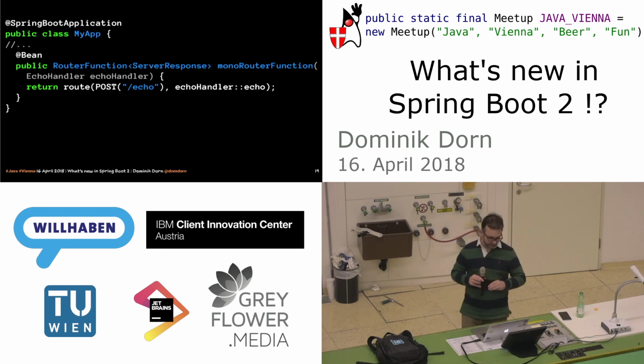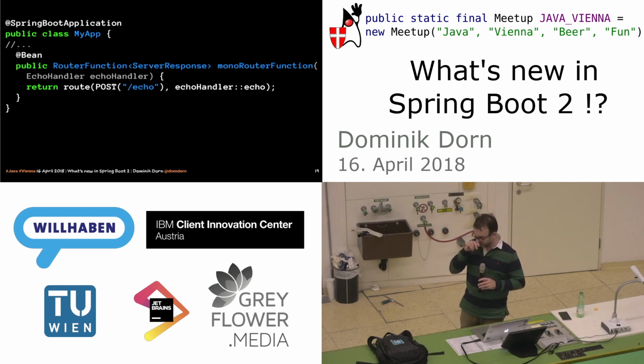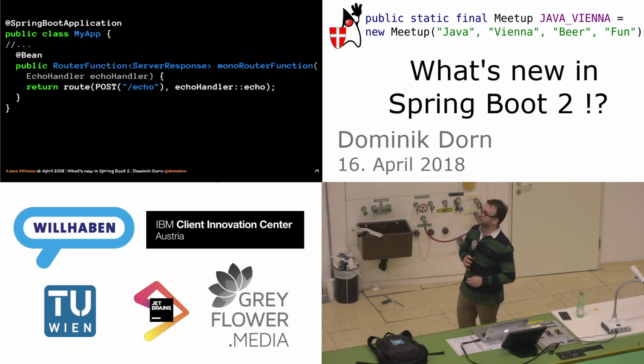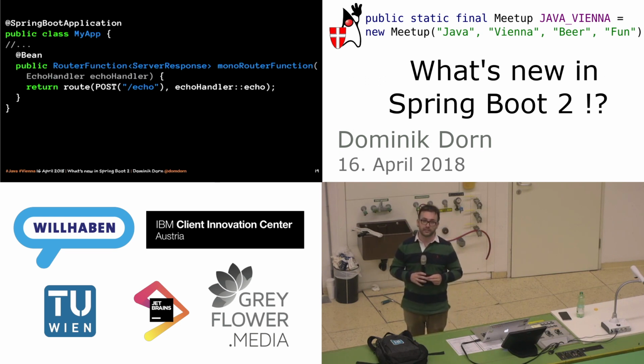What you should do is create a bean called MonoRouterFunction, and there are some helper classes that help you use the DSL here. If you just write route and then an opening bracket, IntelliJ will help you figure out the right thing. The current version of IntelliJ IDEA already has Spring Boot 2 support, so it's a good idea to use that. What the route is doing here is basically we have an endpoint called /echo,